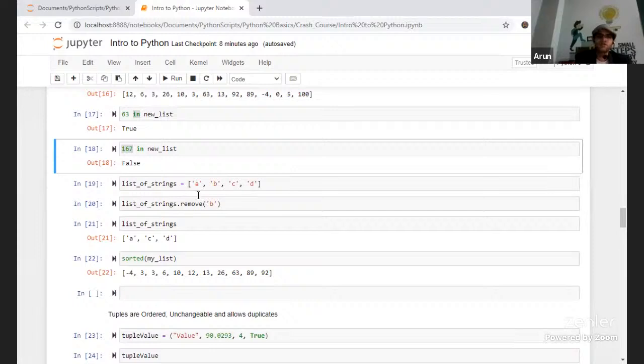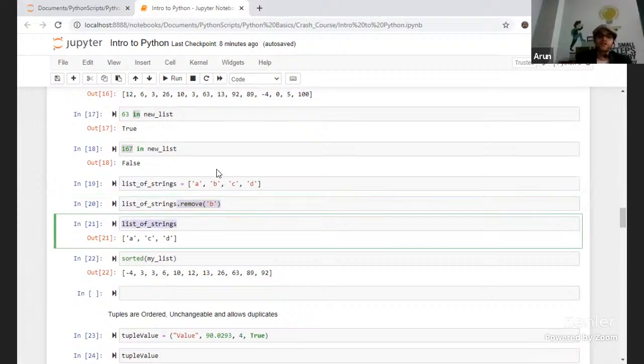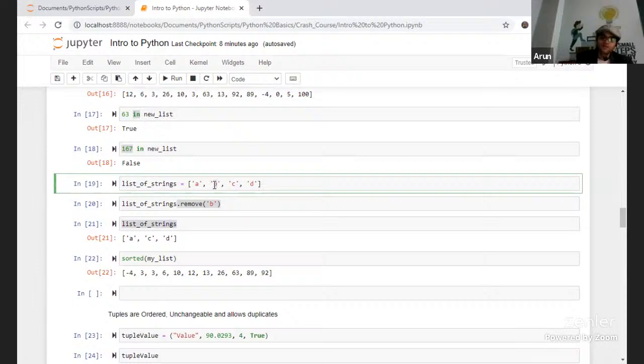In this case, if I want to remove one of the characters like B, then I can use the remove function on the corresponding list, and try to remove the value. If I then print list of strings, it will have removed the value, because by default dot remove and dot append both change the actual list itself.